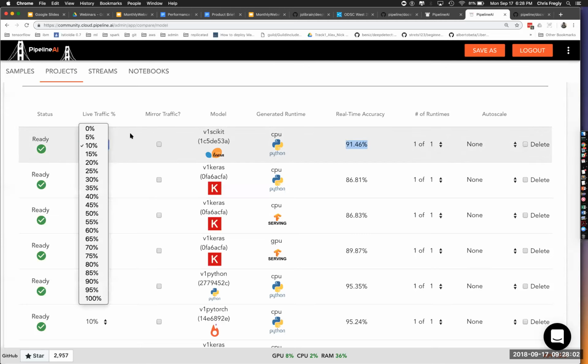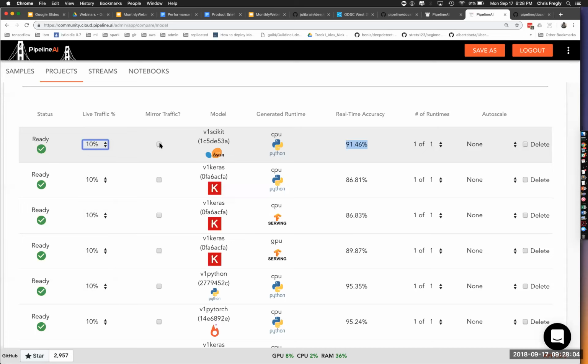The other thing is with this traffic, you could actually route traffic, you could actually mirror traffic, and this will become the default. Right now, the default is just 0 traffic, and then you have to manually deploy it. But we are moving to a world where we want these models to go into production as quickly as possible and safely as possible. And so that's the shadowing or the mirroring.